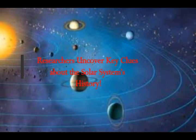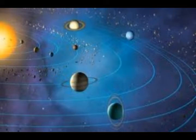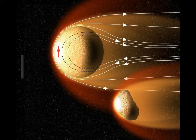Researchers uncover key clues about the solar system's history. This is by Lindsay Vilak, University of Rochester, on phys.org, in a new paper published in the journal Nature Communications, Earth and Environment. Researchers at University of Rochester were able to use magnetism to determine for the first time when carbonaceous chondrite asteroids, that is, asteroids that are rich in water and amino acids, first arrived in the inner solar